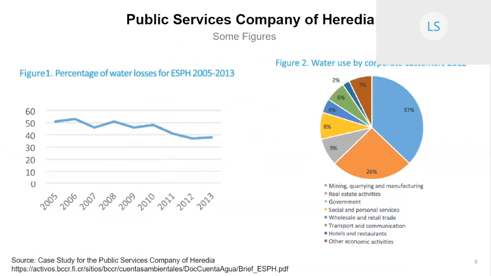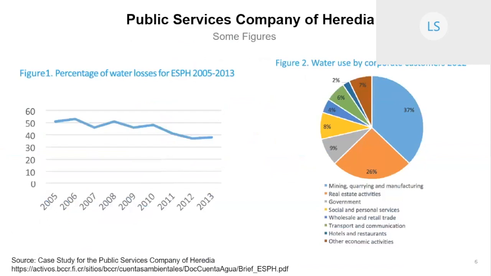And on the right side, what we can see is the water use of their corporate customers by economic activities. So this is one of the best applications that they see, where we were able to assign to their water clients an ISIC code. Because of the small scale of the company, we were able to classify it by economic activity. So we can see in detail which of the activities in the country or the company are the ones that